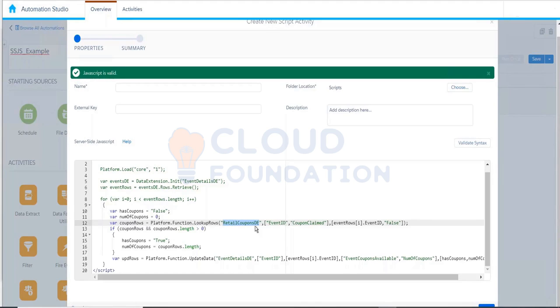If at any point of time the row count is more than 0, that means the customer has coupons, and then we are storing this information in this data extension called UNDD. Update. Here we are using a platform function called update data. We give the name of the data extension here, and then we update this value into this data extension